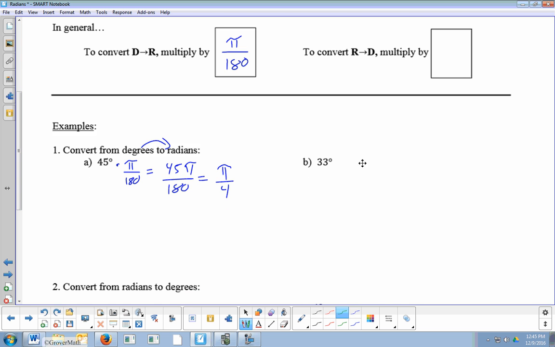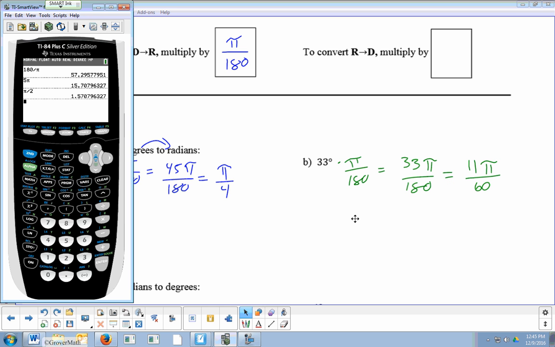33 degrees, it's not going to be as nice, but times pi over 180 comes out to be 33 pi over 180, and then simplifying that, I'm sure I could divide them both by 3. I guess I don't need a calculator for that. Divide by 3, I'll get 11 pi over 60. And you can't type in 33 pi over 180, but I could type in 33 over 180 and do math double enter, and it'll simplify that piece for me,